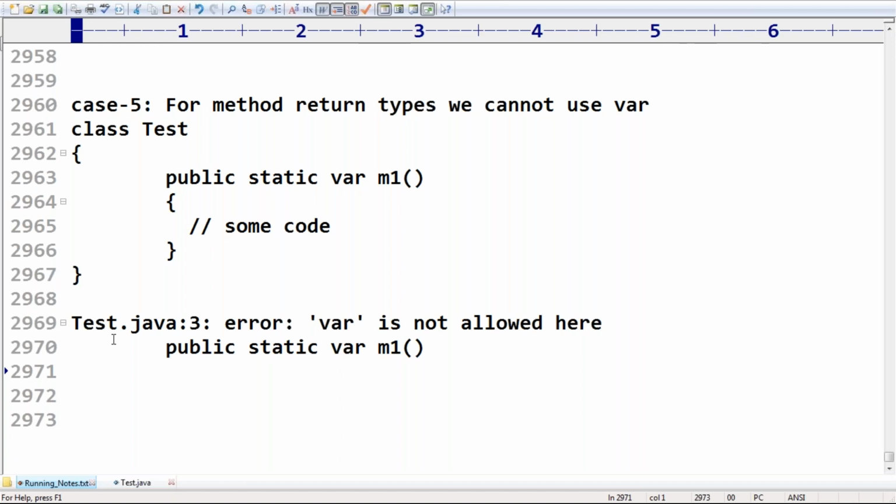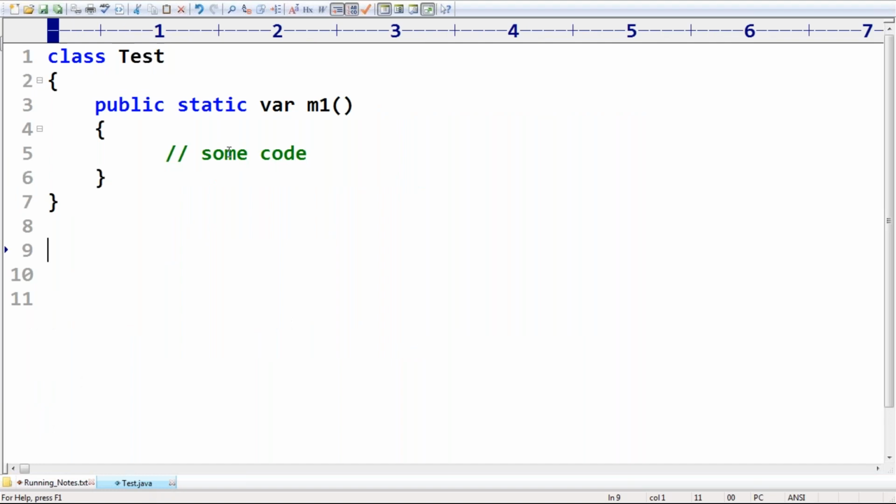Now observe very carefully about this terminology, friends. There is one more important point I have to discuss, a use case. Take transient variables.